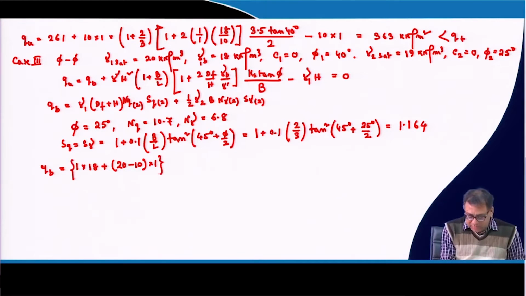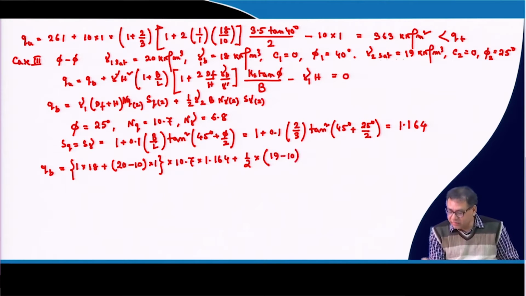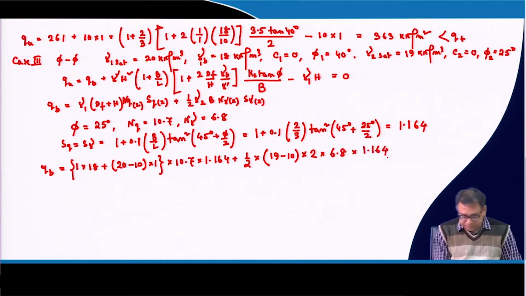That is the q surcharge, and then N q 2 is 10.7 into S q 2 is 1.164, plus half, then the gamma below the water table, gamma sub, is 19 minus 10 for the second layer, width of the footing is 2, into 6.8 bearing capacity factor, then again 1.164. So, q b is coming out to be 420